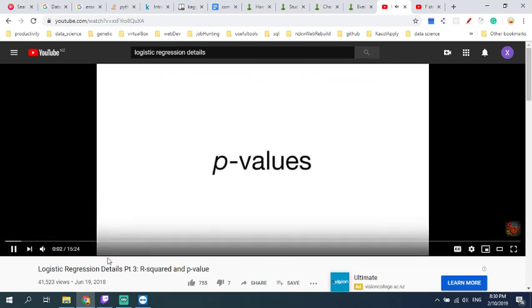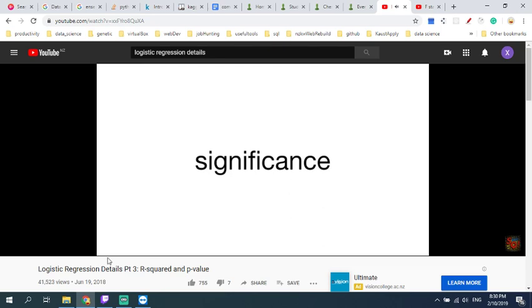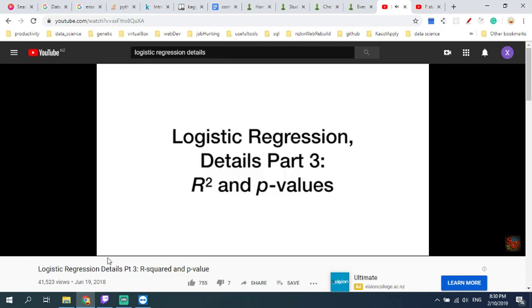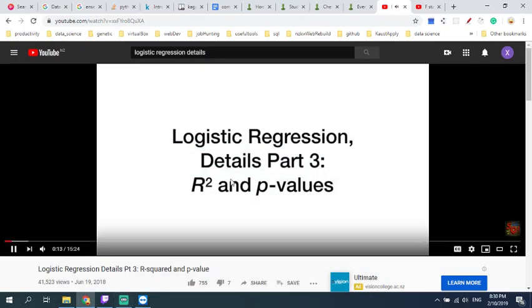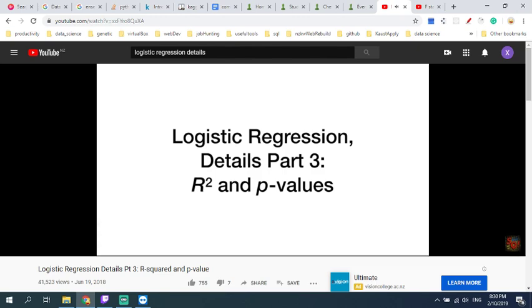R-squared, p-values, effect size, significance. Let's talk about it. StatQuest. Hello, I'm Josh Starmer and welcome to StatQuest. In this video, we're going to continue our series on logistic regression, and we're going to talk about R-squared and